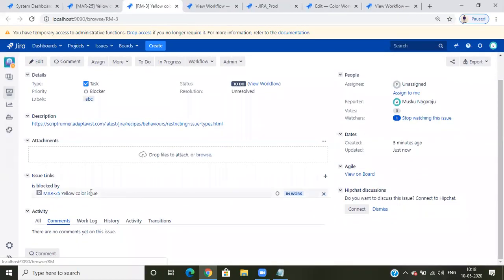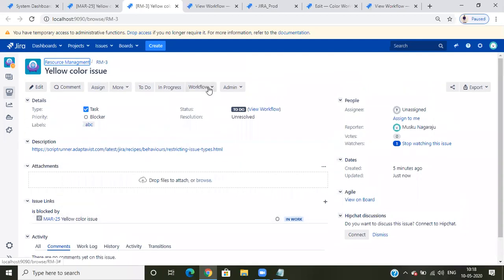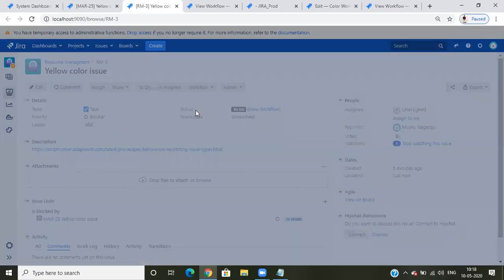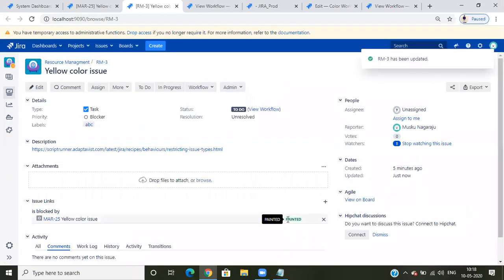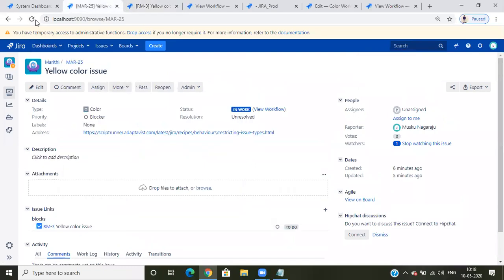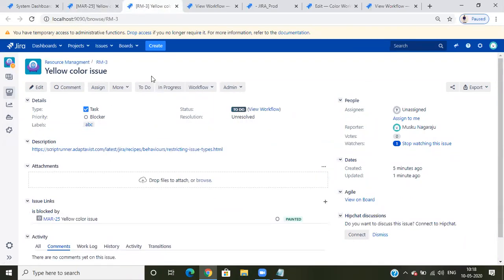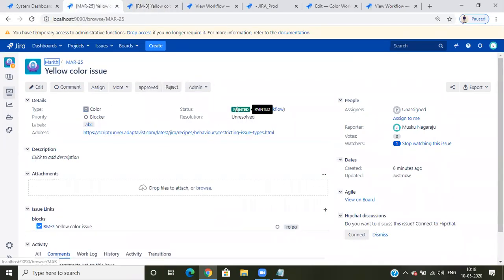If I done this, it should go to pass. We'll see. I'm just clicking on done. See, this changed to painted automatically. So pass means painted. So I'm just refreshing now. Something happened. This is painted. Okay. See what happened is